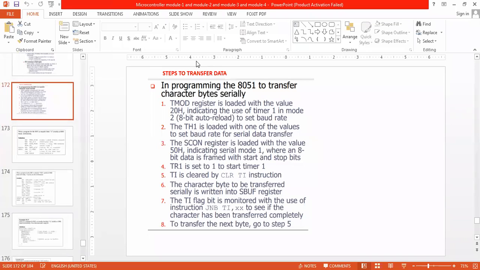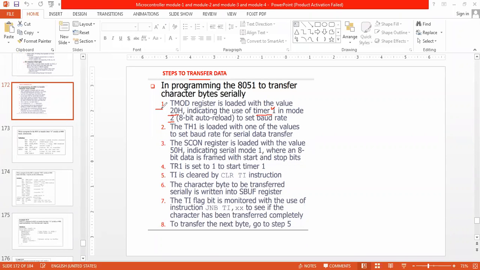First we will see the steps for transferring the data. First step: the TMOD register is loaded with the value 20H. Why 20H? Because we have to use timer 1. In serial communication, we always have to use timer 1 and mode 2.